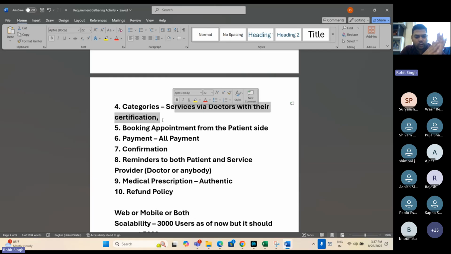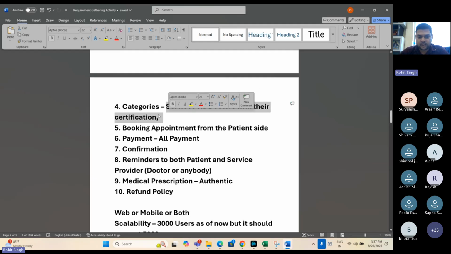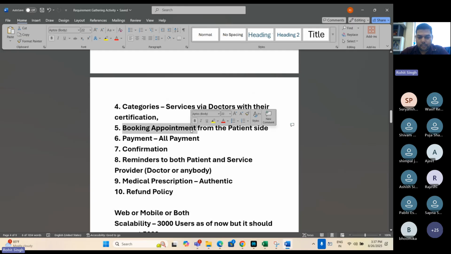If I am looking for an orthopedic, I would look that my orthopedic doctor or surgeon is certified with the certifications required to treat me. So all these categories along with their certification will be available in the services. Then the booking appointment system from the patient side, payment, all payment modes, confirmation, and reminders to both patient and doctor.